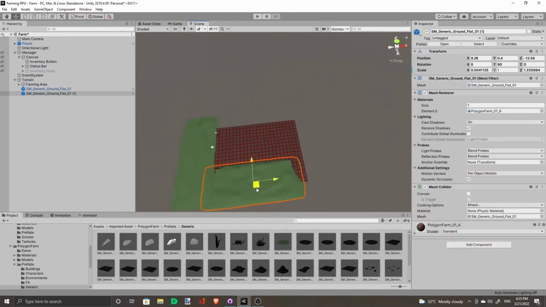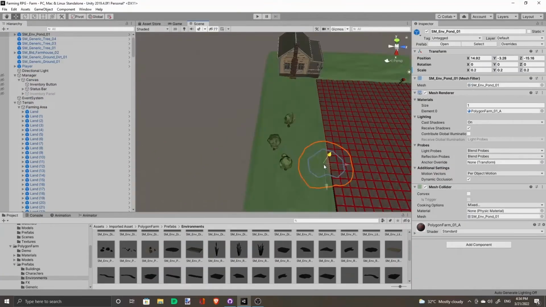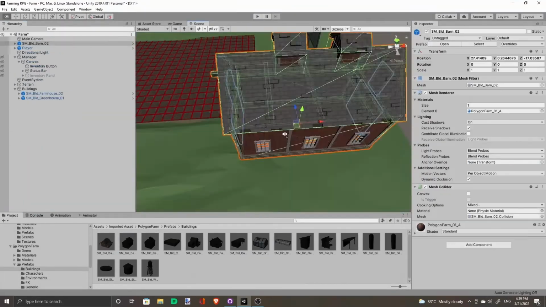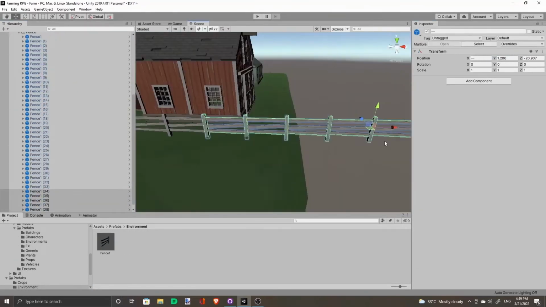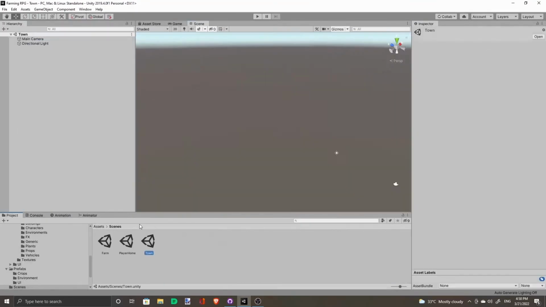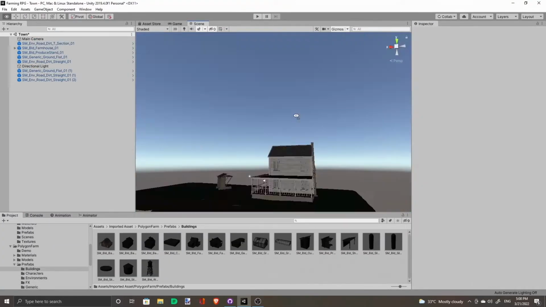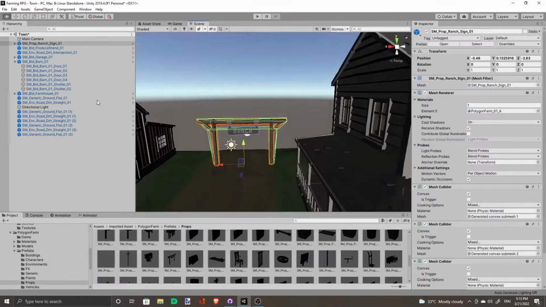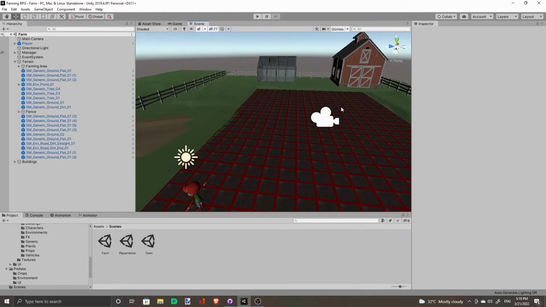Let's get it set up in a bit. As you can see, we've set up three scenes: the player home, town, and the farm.